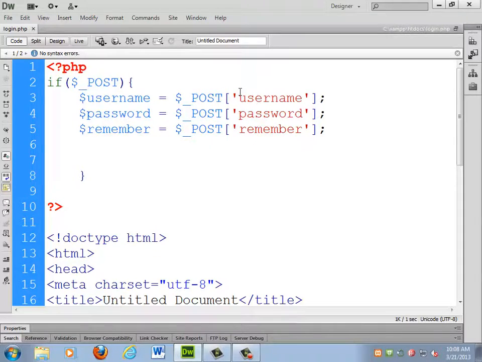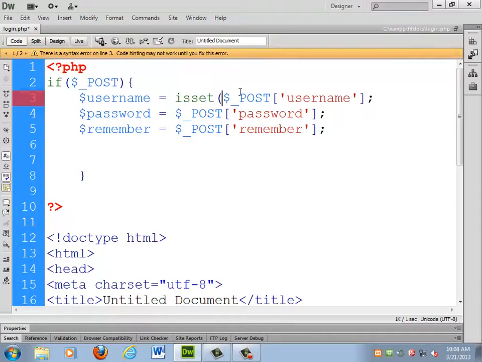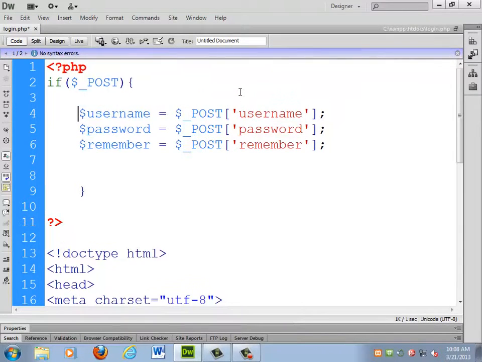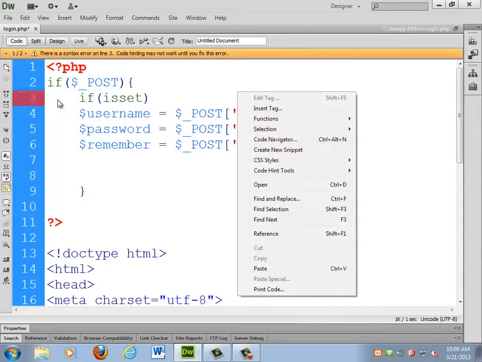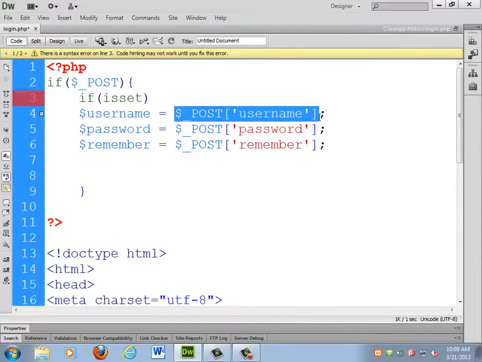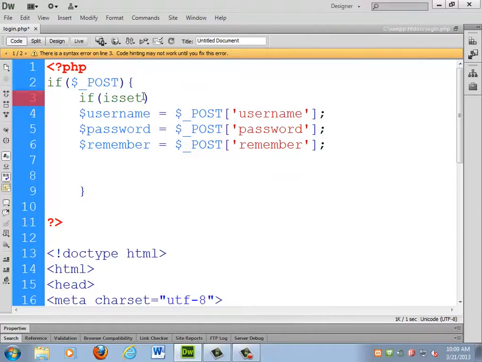So I need to take care of that possibility as well. To make these truly validated, if is set post username,